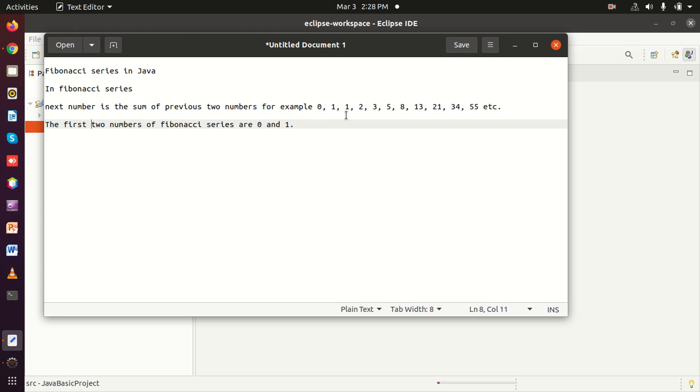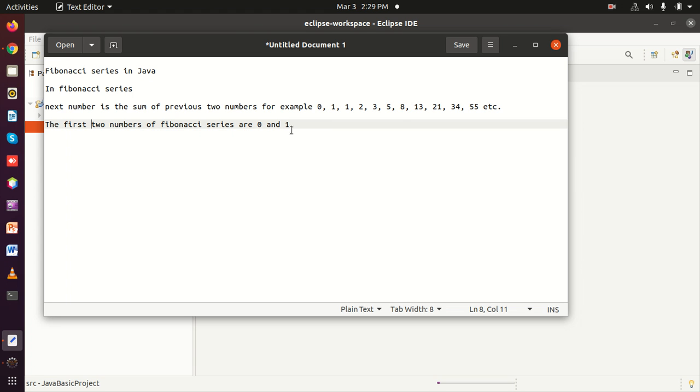Now we can see here in the Fibonacci series, the next number is the sum of previous two numbers, while the first two numbers of Fibonacci series are 0 and 1.